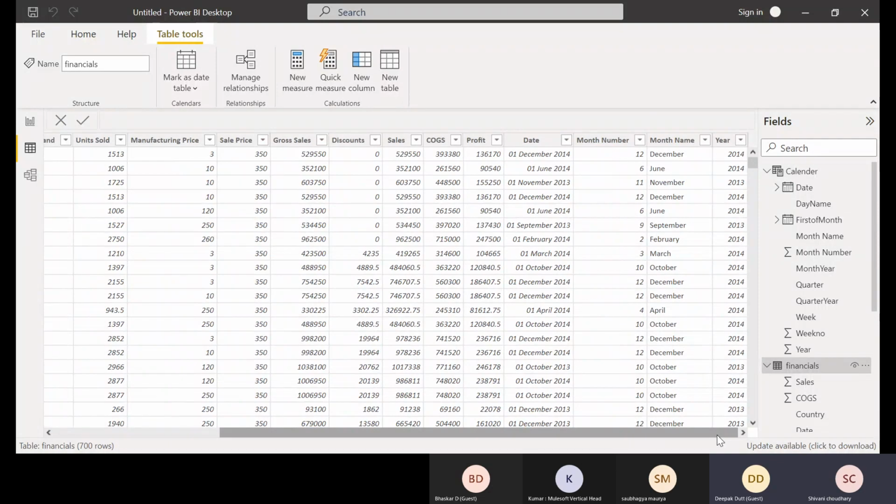So basically, what is your sales? By the way, sales is nothing but your units sold multiplied with your sale price, so that would be your sales, right? Or maybe that would be your gross sales, because sales is after you subtract your discounts from your gross sales. So these are the calculated columns there, right? I'll help you achieve the same